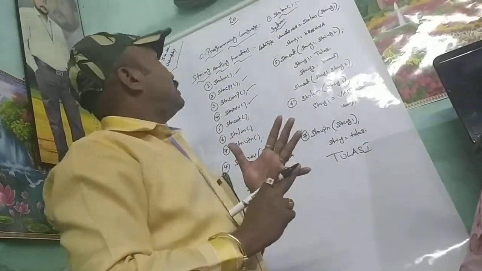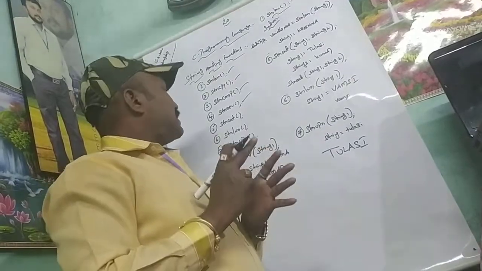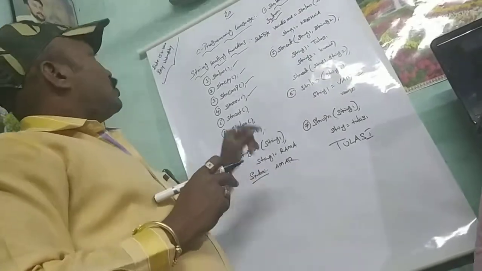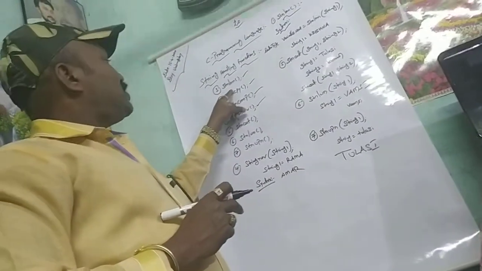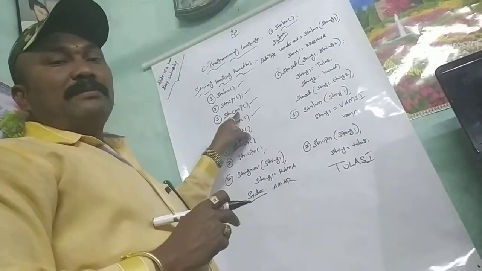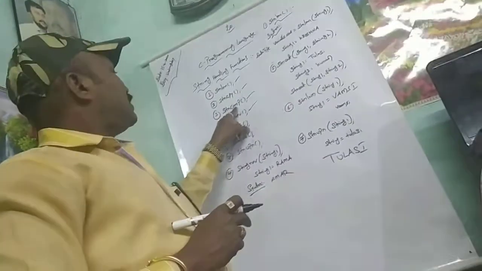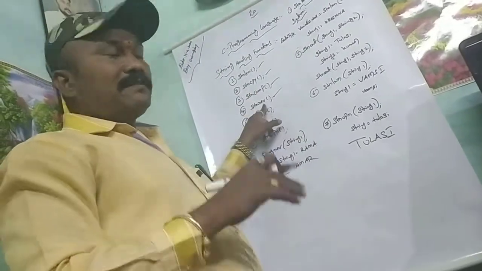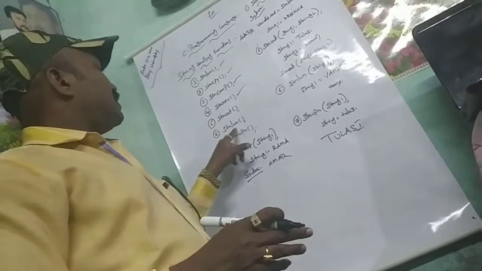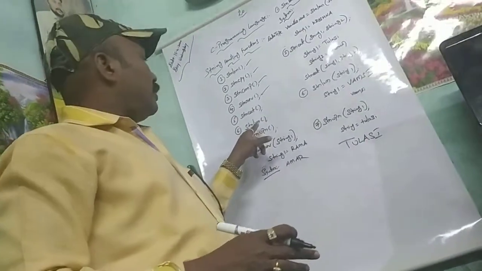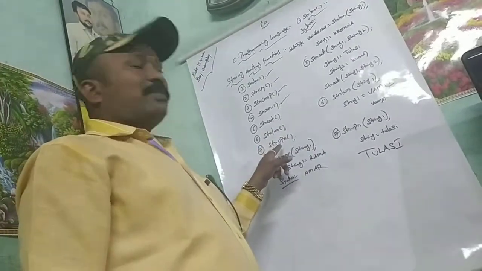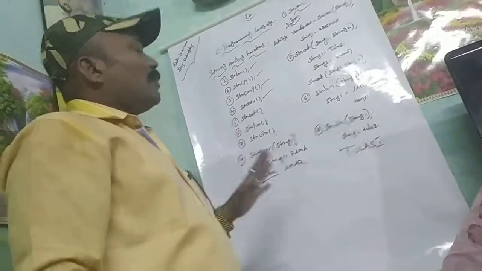So string length, string copy, string compare, string reverse, string concatenation, string lower, string upper. String length means it finds the length of the string. String copy means copying one string into another string. Compare means comparing the two strings. String reverse means it will calculate the reverse string. String cat means combine or join the two strings. String lower means it will convert uppercase letters into lowercase letters. String upper means convert lowercase letters into uppercase letters.